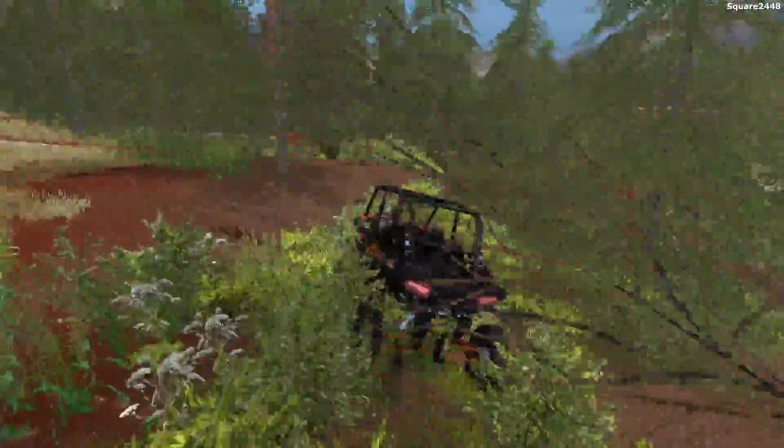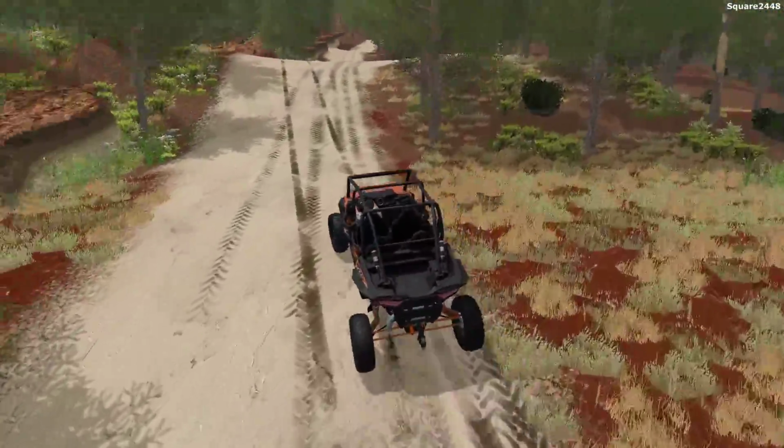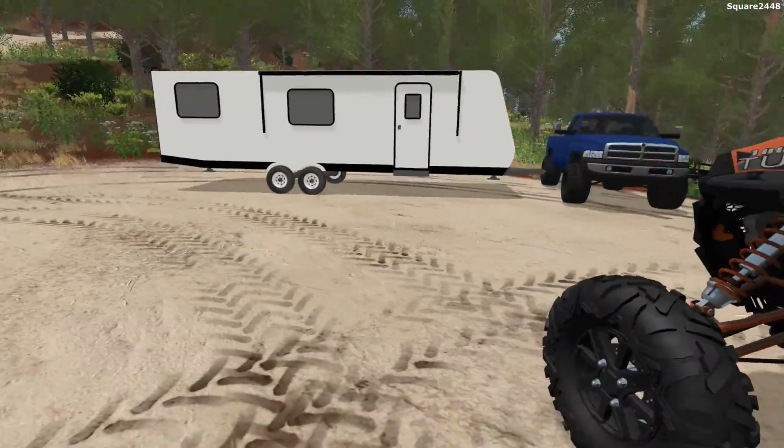Wow, take a look at that, guys. There's a rock. It looks like the textures are only on one side, but we pretty much made it back over here. We did do a few barrel rolls, got a lot of air with a brand new Polaris, but